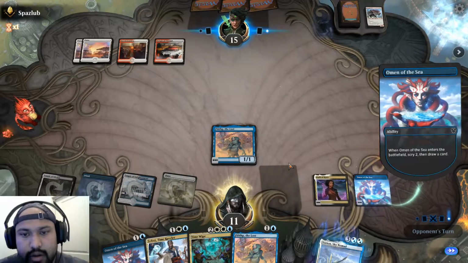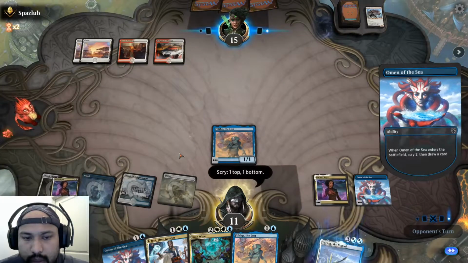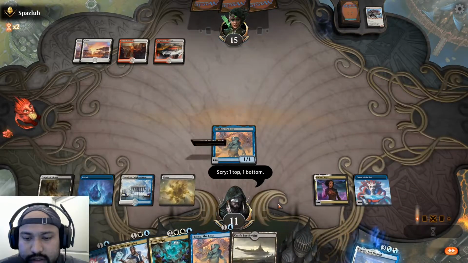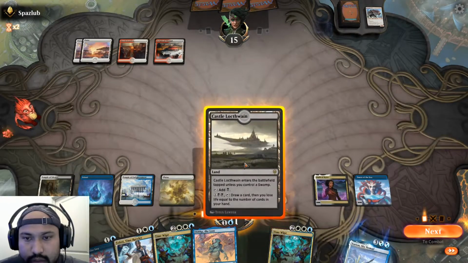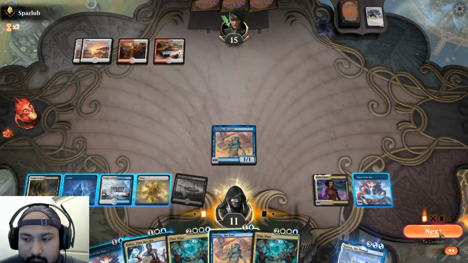Something's probably in there. We're gonna keep that on top, send that to the bottom. The reason being is because of Yorion. Alright, Castle Lock Twain. Comes in tapped, obviously. And